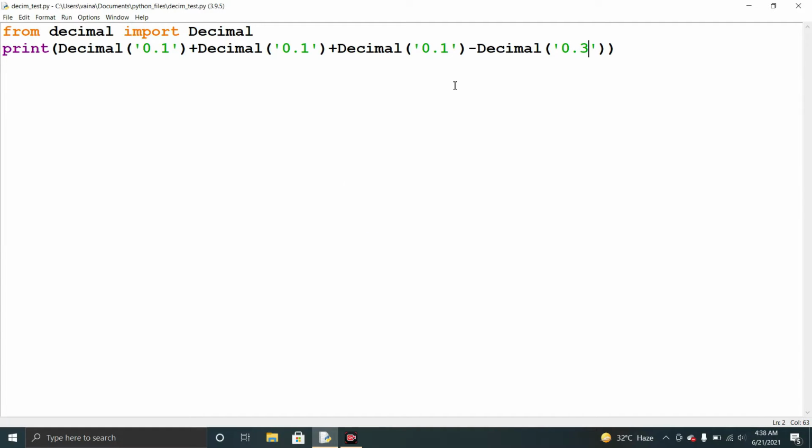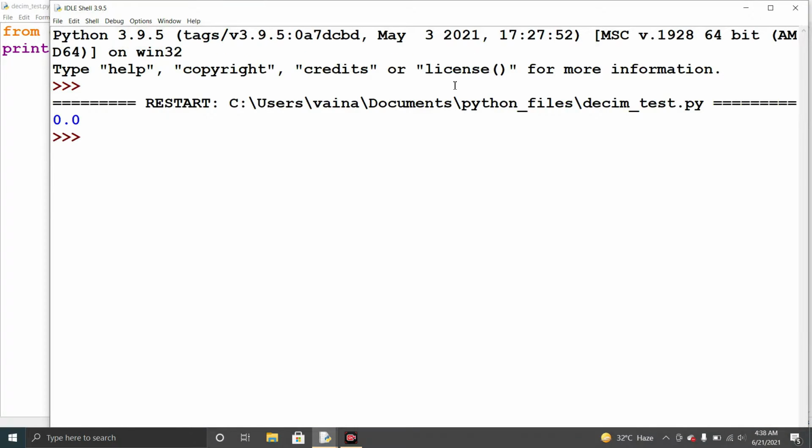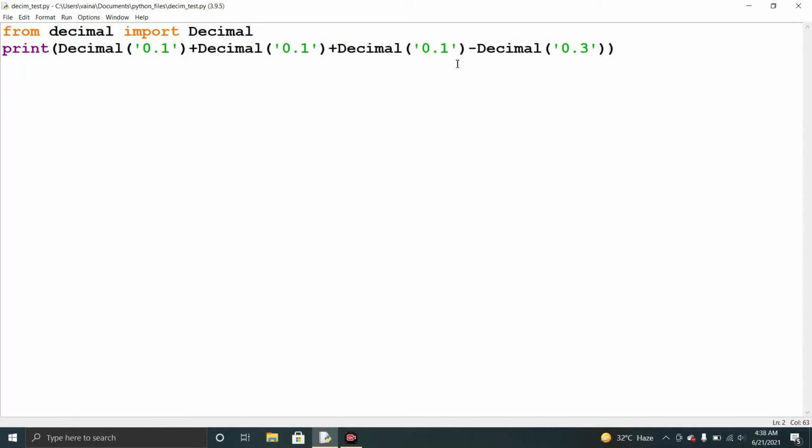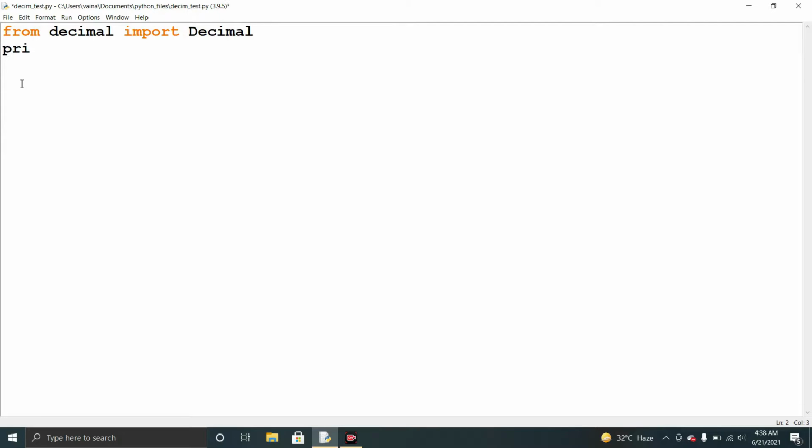When we run this program, we get the output 0.0. Here we took the exact precision given by the user: we give 0.1 and the decimal of it will be 0.1. So 0.1 plus 0.1 plus 0.1 is 0.3, and it is subtracted by 0.3. We can also simply run Decimal of 0.1, and it gives 0.1.